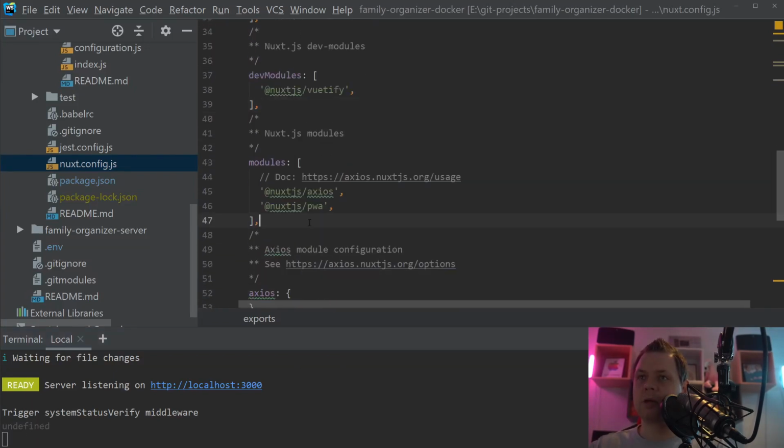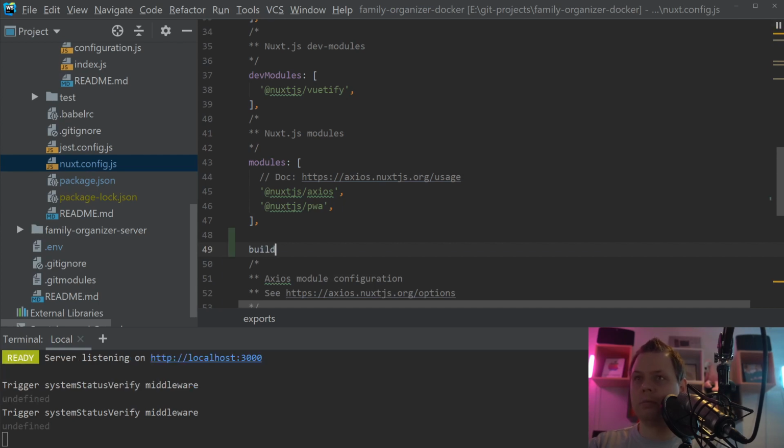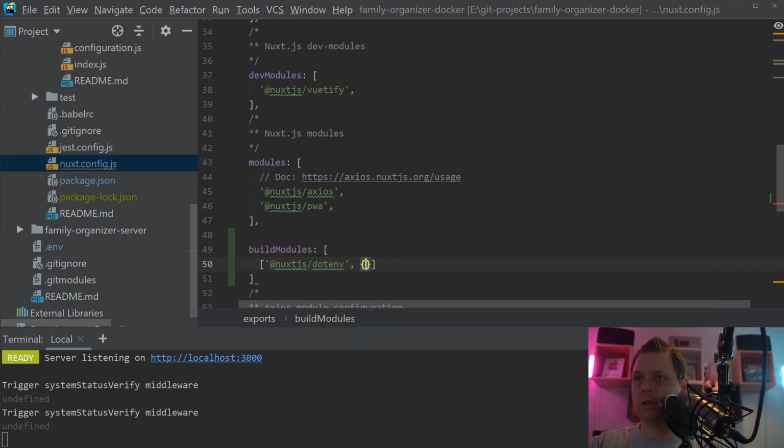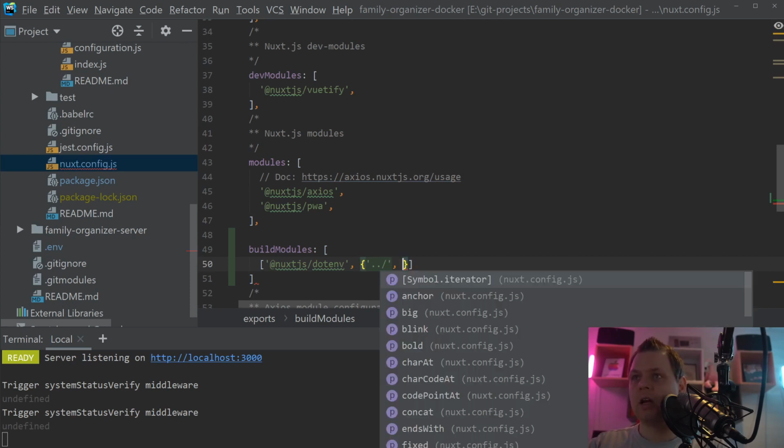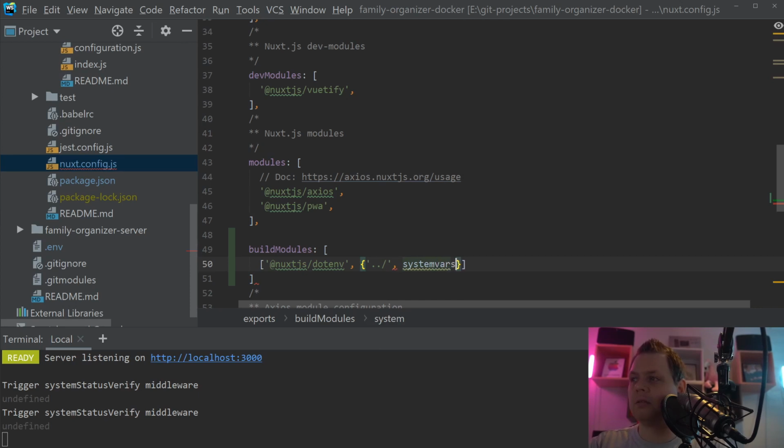So to resolve this problem, we need to build modules, and inside the build modules we need a second one called nuxt.js, and then .env, and then we need the params. We need to go one path back, then it's searching for .env. That's perfect. When we tested it, it was working like a charm. And then we need the system variables. It should be true, because now we say